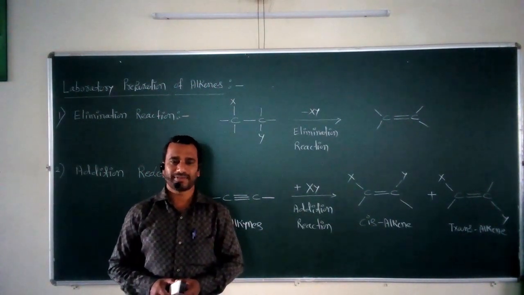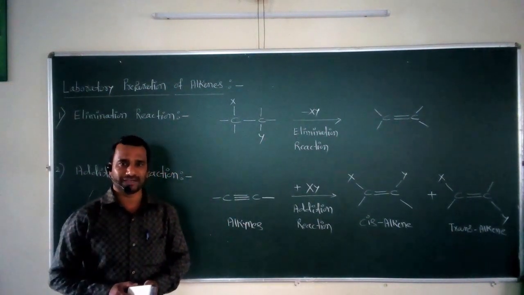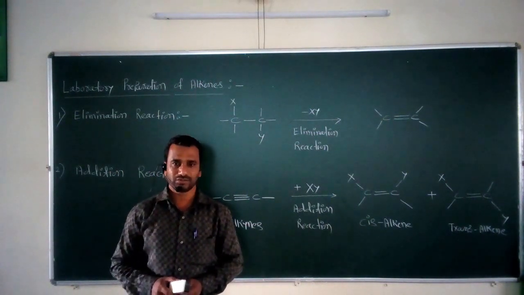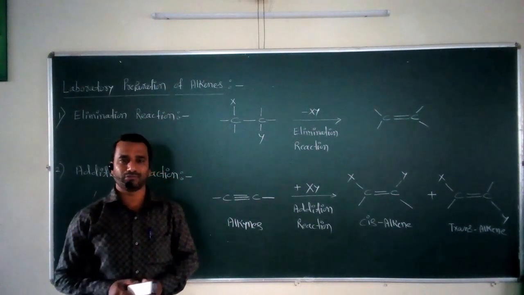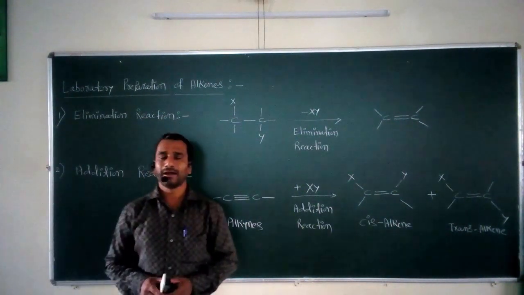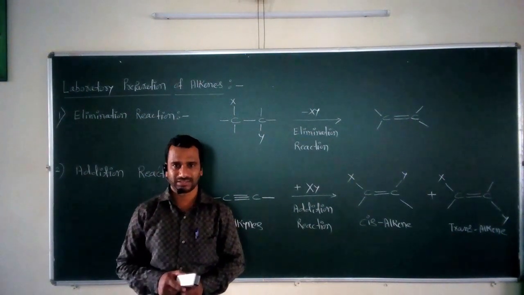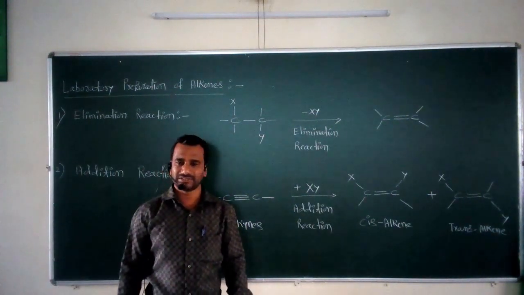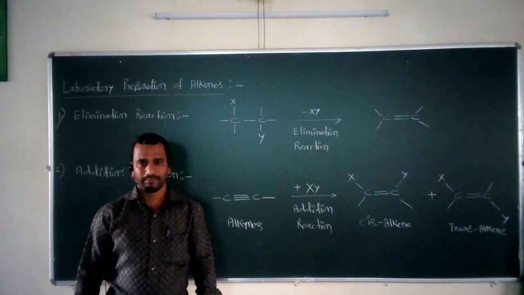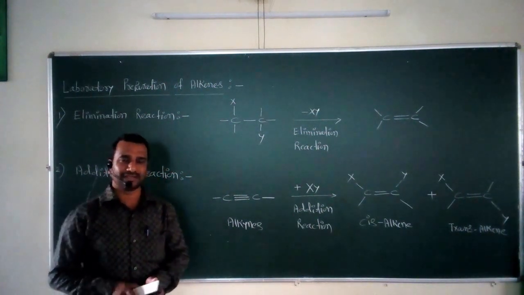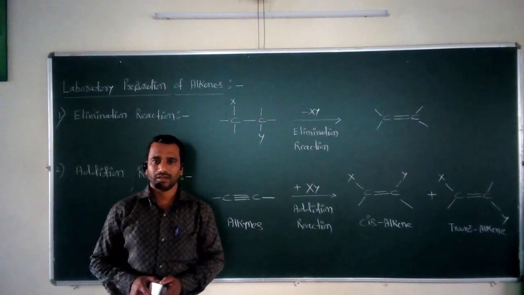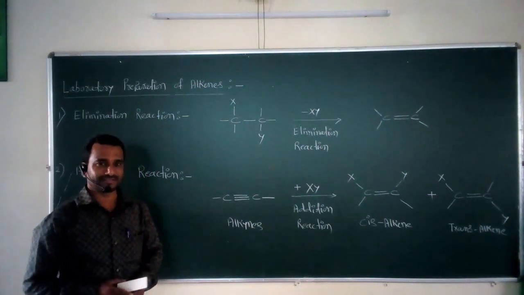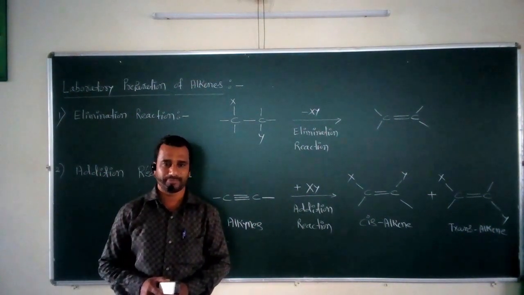Now, as far as the industrial methods are concerned, we know that these alkenes are highly reactive due to the presence of the carbon-carbon double bond. So, in industry, they can be prepared by one alternative method, and that method is called the pyrolysis reaction of the alkanes. The first initial members of these alkenes can be formed by this type of pyrolysis reaction. But the higher members of these alkenes cannot be prepared in industry, and that's why we now study the second approach to the preparation of these alkenes, and that is the laboratory methods of preparation.